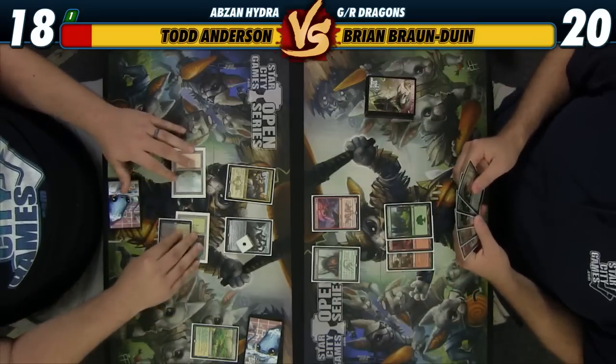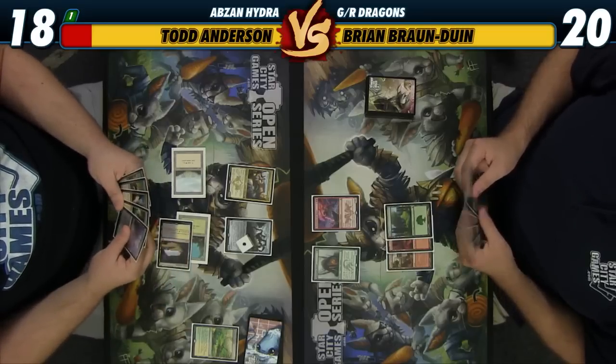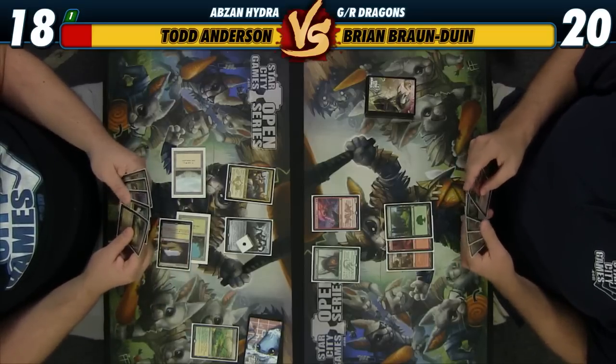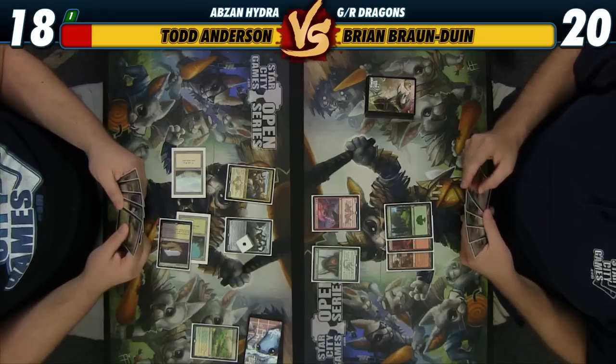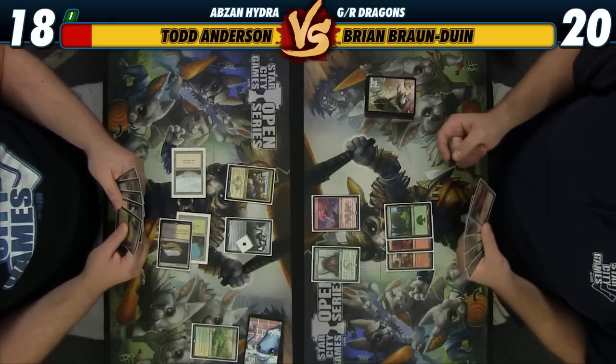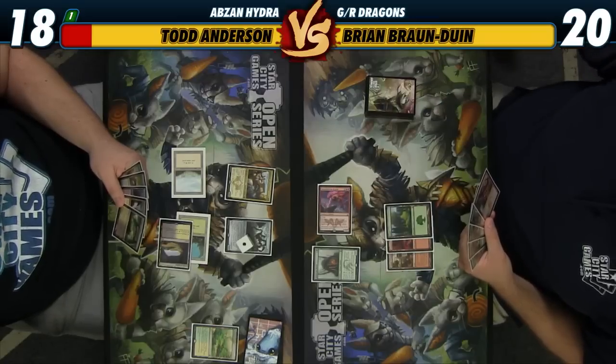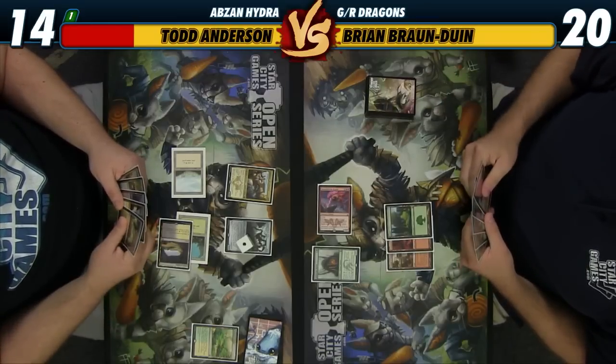Draw. That's good. That's pretty fresh. Guessing it's not so fresh. All right. We'll attack. Okay, crack for 4. I'm at 14. And